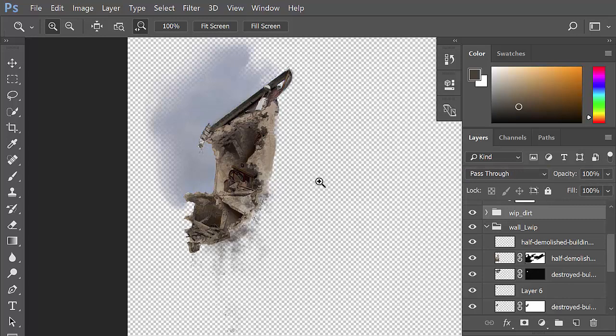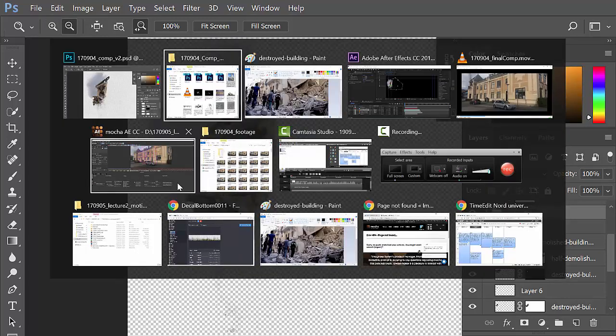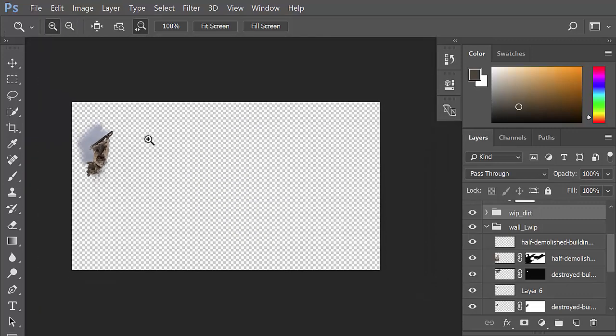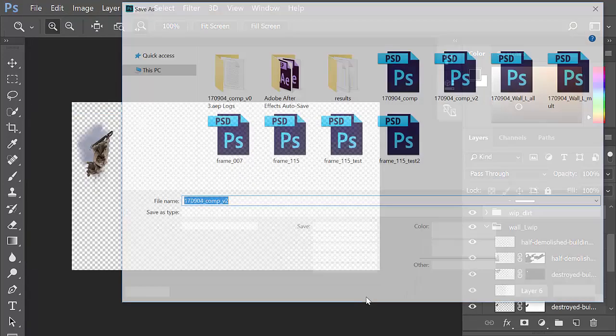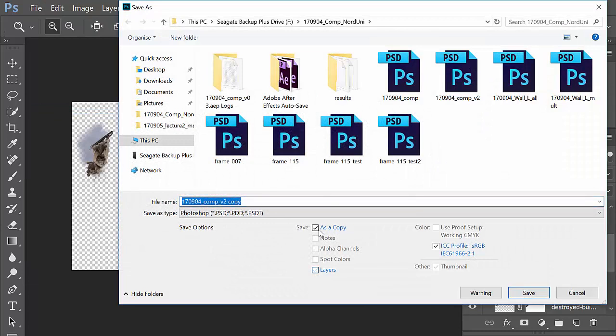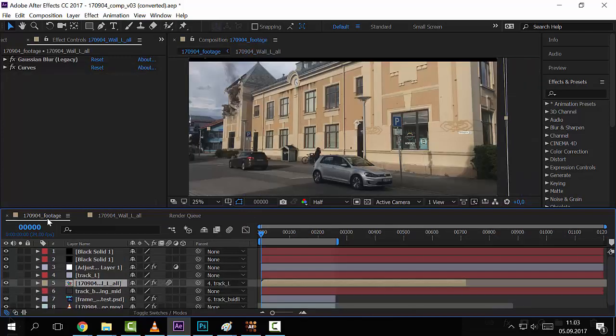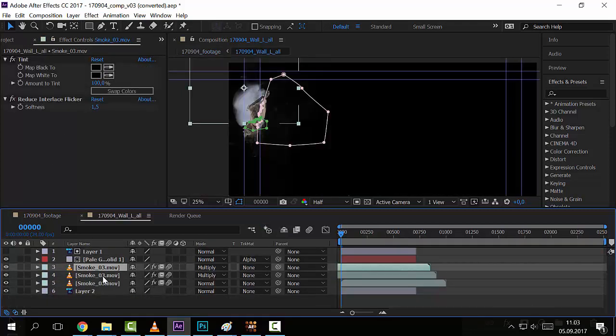So anyways, then you export that frame with nothing else. So the background is just invisible. I save as, and I don't save layers. I just save as a copy, name it something useful. And then in the comp, I do more work. So you can see that this is the comp. I can double click it, and